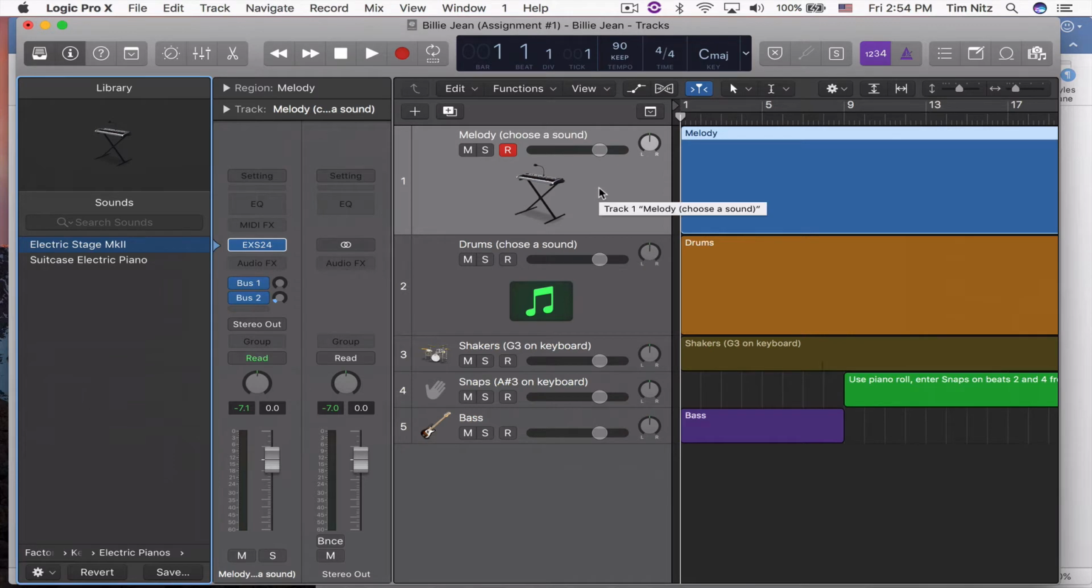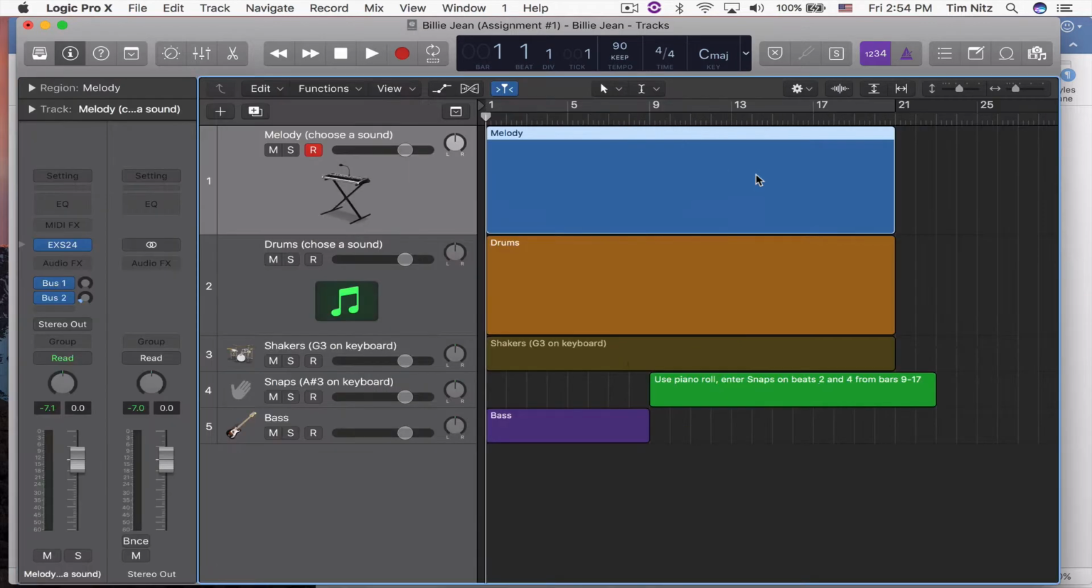So the first thing we need to know is, well, how do we open up the step input keyboard, as well as how do we open up the score editor so that we can see the notes as we're putting them in. So the first thing I'm going to do is close the library by hitting the letter Y. And I think I'm going to close the inspector as well. I want to try to maximize the amount of real estate that I have to work with